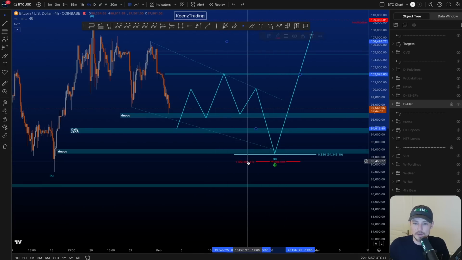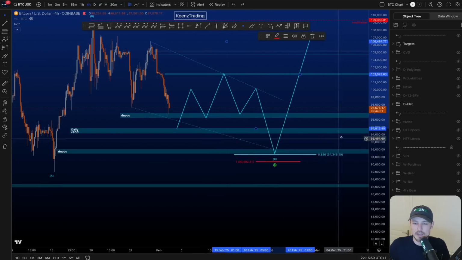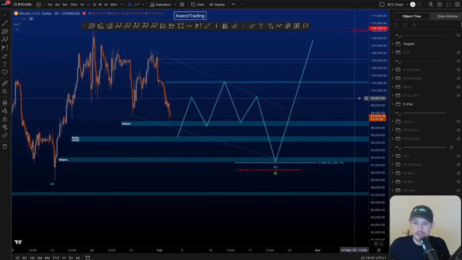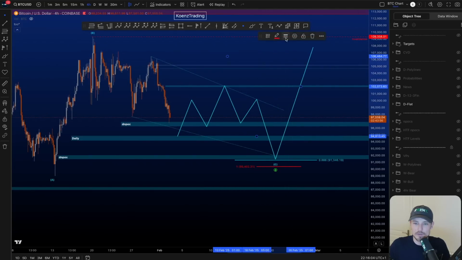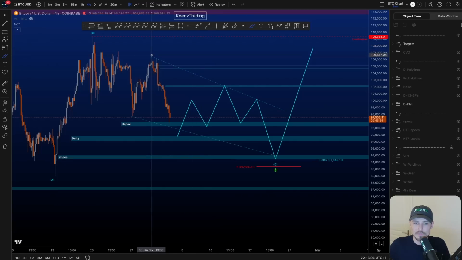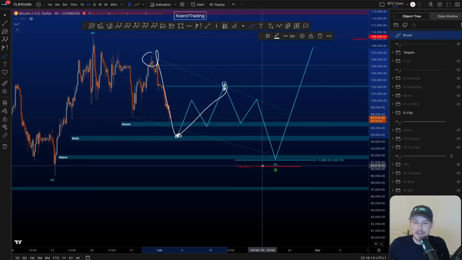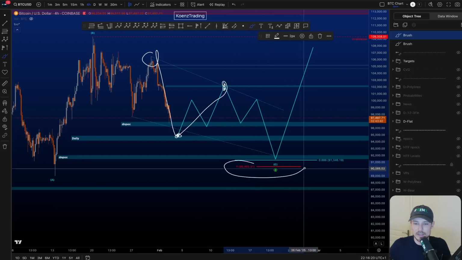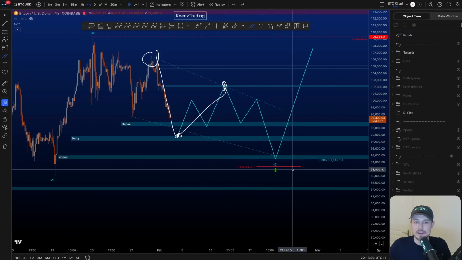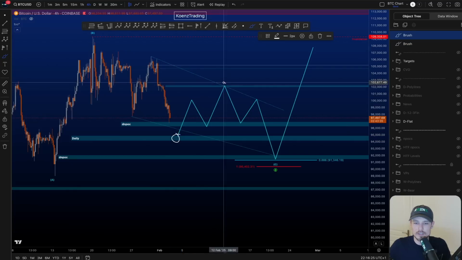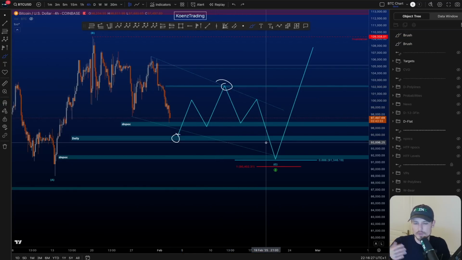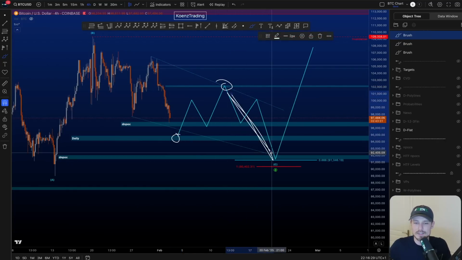And finally, you see that I have a red 1-to-1 trend-based fib extension. Now this red 1-to-1 trend-based fib extension is taken from this high to this support box to this high over here. And basically what it means is that the invalidation for this ending diagonal is 90.4k if price would indeed find support here and resistance there, because it's of course a bit hypothetical, but wave 5 is not allowed to